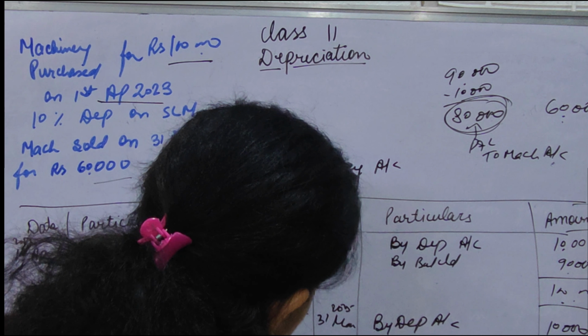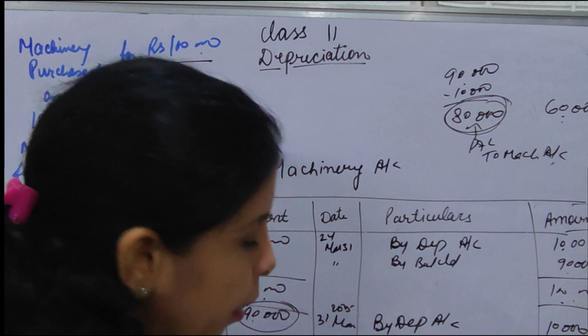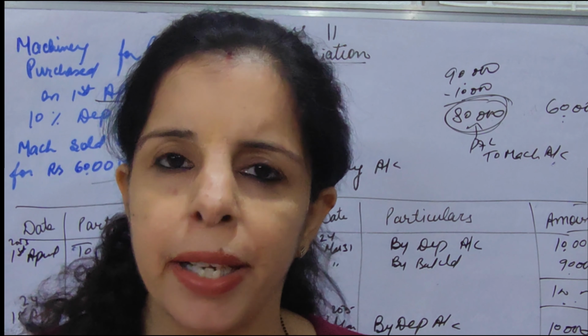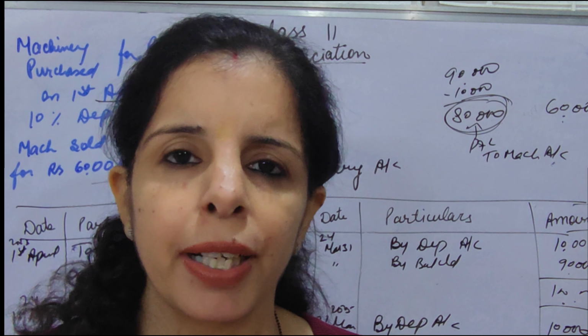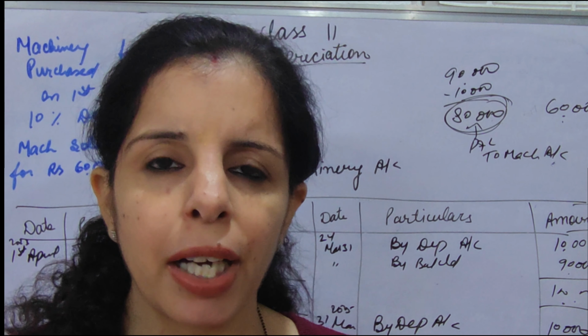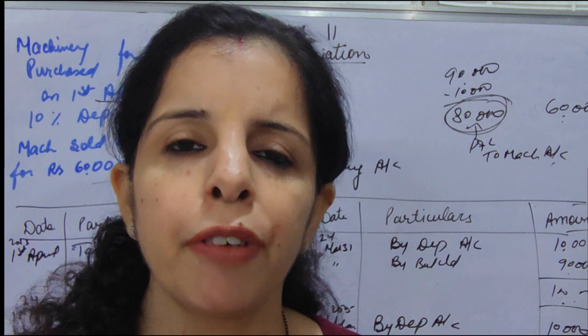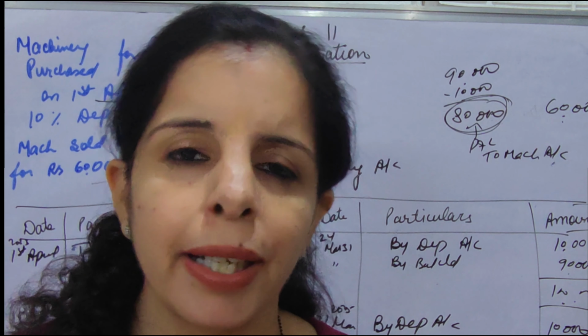So this is how both the sides are tallied. Whenever we sell an asset, we do 3 calculations. By bank entry we record the sale of the asset. Next, depreciation is charged for the time for which the asset is with us, and third, we find out profit or loss from sale of the asset.